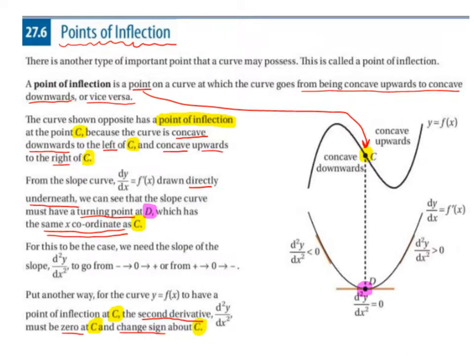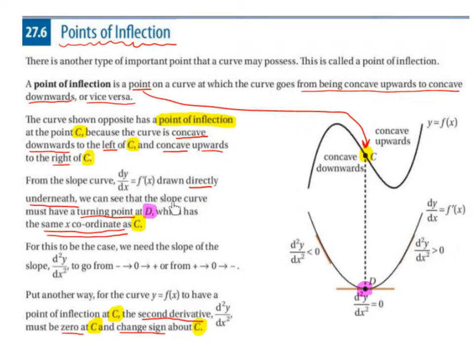So here's an example of one of those points. We can see that the curve is concave downwards, and then it goes to being concave upwards. So the point at which it changes is known as the point of inflection. From the slope of the curve dy/dx equals f prime x drawn directly underneath, so here's the derivative of this curve,